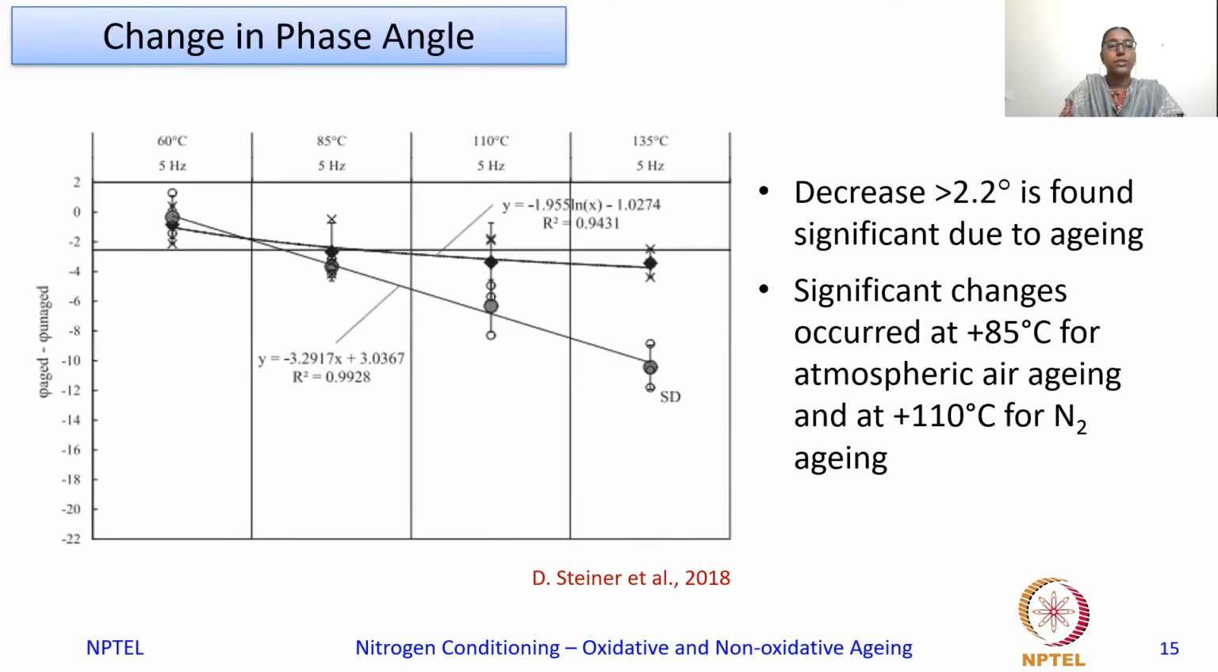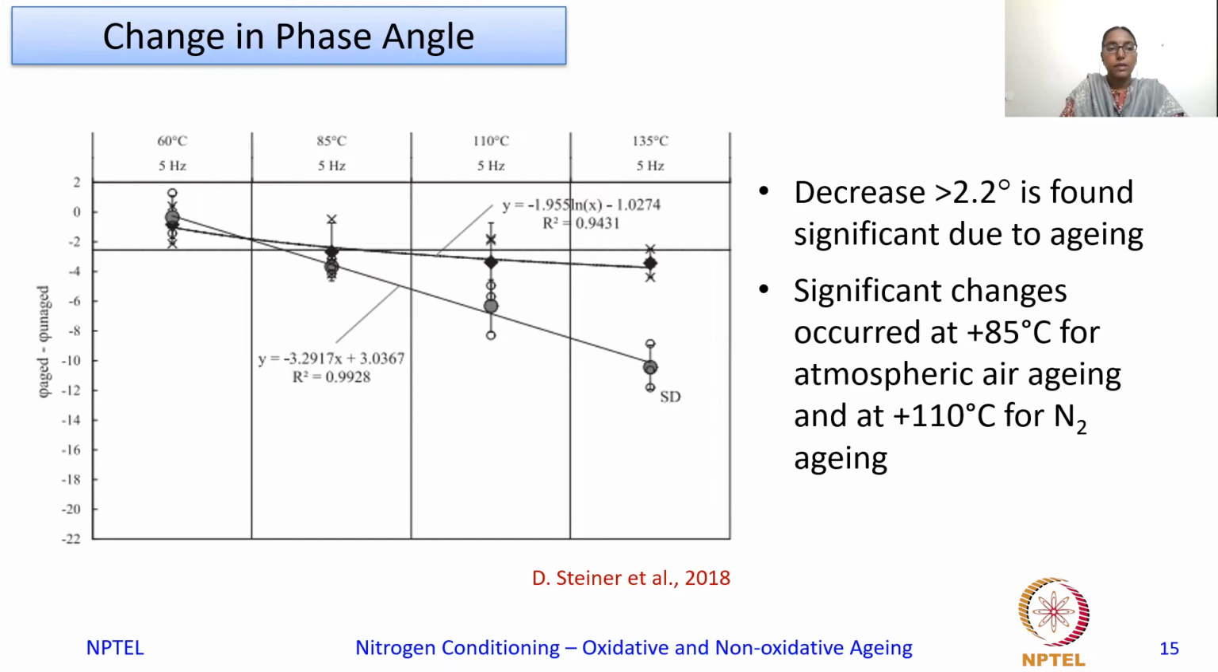And next shows the change in the phase angle of the aged versus unaged sample. Here, any decrease in phase angle of more than 2.2 degrees is shown to be significant. And it can be seen that the significant changes occurred at 85 degrees Celsius for the atmospheric aged specimens, whereas such significant changes could be seen only after 110 degrees Celsius for the nitrogen-aged specimens. So, as we can see here, this nitrogen aging could